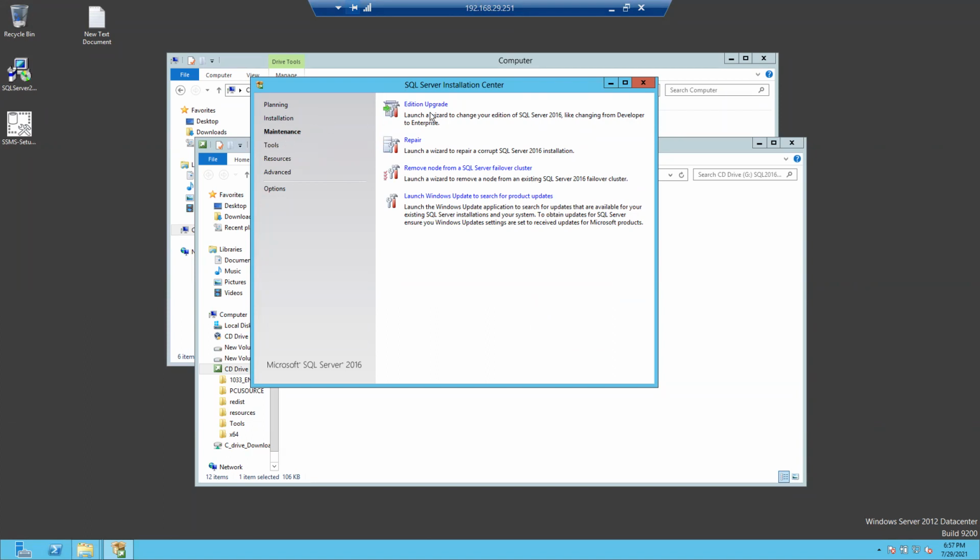Again, in maintenance, you have an edition upgrade. Edition upgrade means you installed SQL Server Evaluation Edition. Later, a company decided to go with the Enterprise Edition.